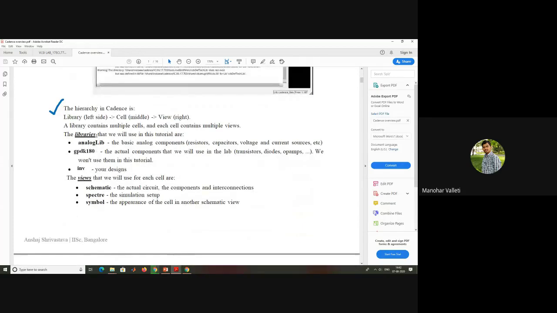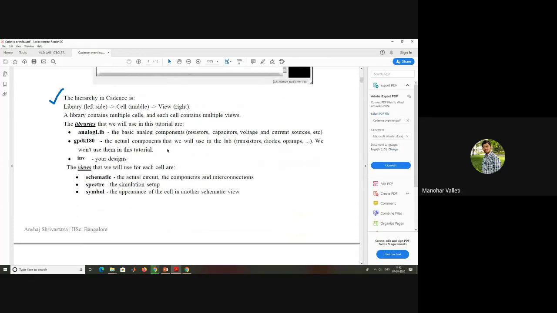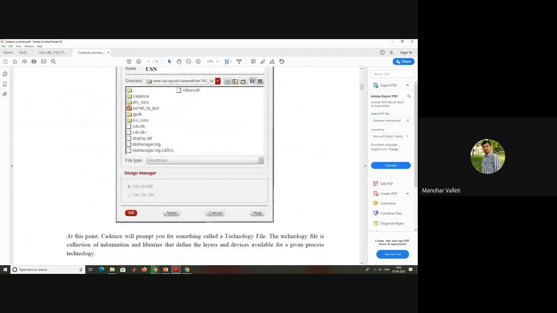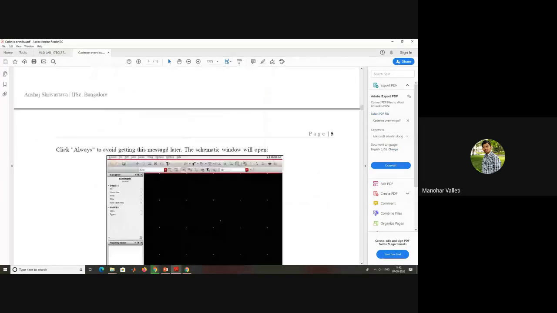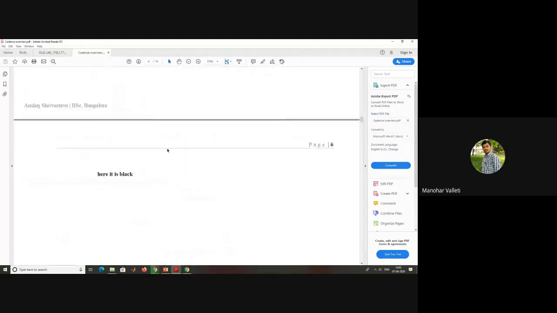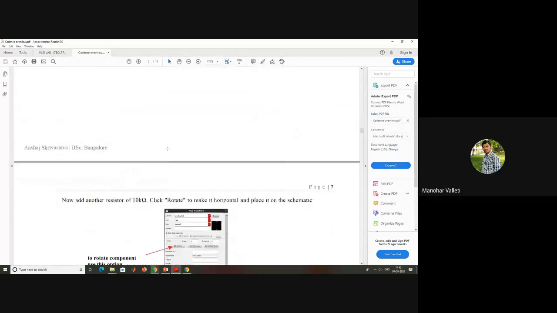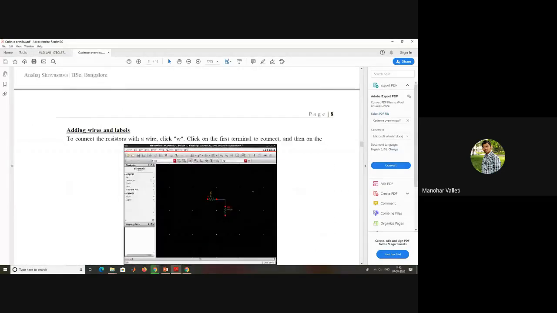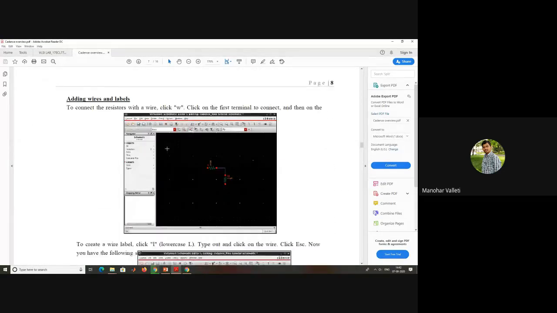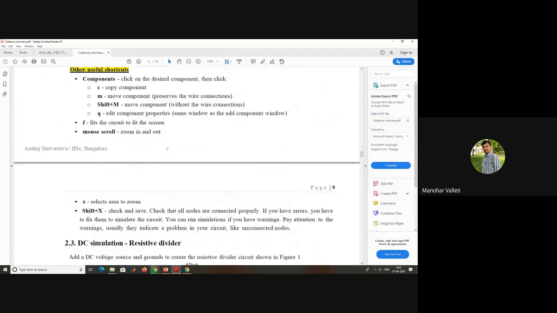As I told you, libraries, analog library, you just have a look at this PDF once. Whatever is there in this PDF, I am going to explain now. What all needs to be read, what all needs to be just skipped and skimmed, all I mentioned in the PDF itself. You just have a look once.